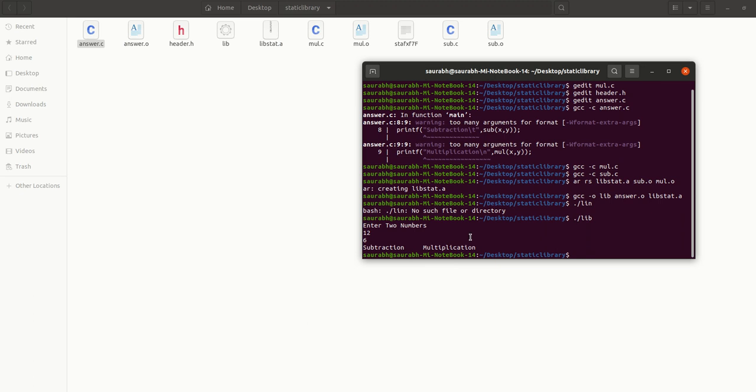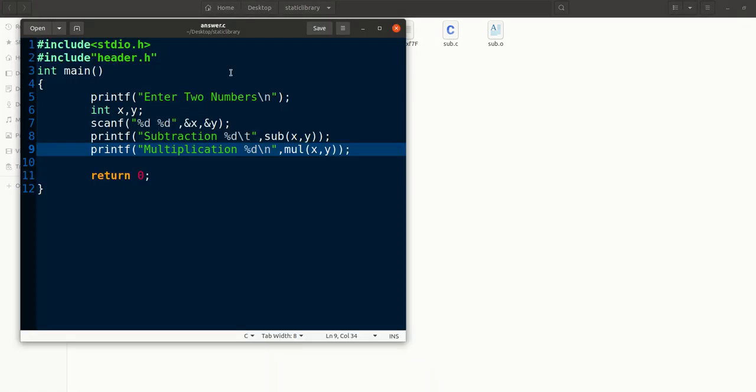In the subtraction there is some error in the code. What is the error? Let us see answer.c. Here we had forgotten to write %d, that was the issue.